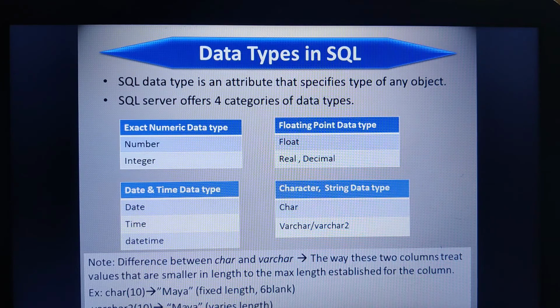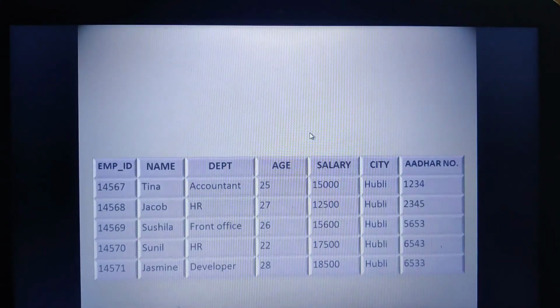Only a fixed length, that is 4 bytes, it will take. Rest all the data bytes will be discarded. Isn't it here we are wasting the memory by using the character data type, and we are saving the memory by using the varchar? This is the difference between the data type character and the varchar. Varchar actually stands for variable length character. Understood? Then next we shall see the table.